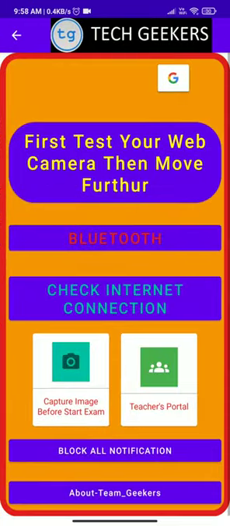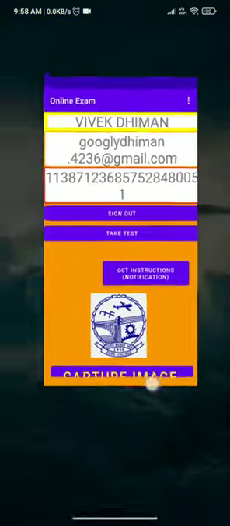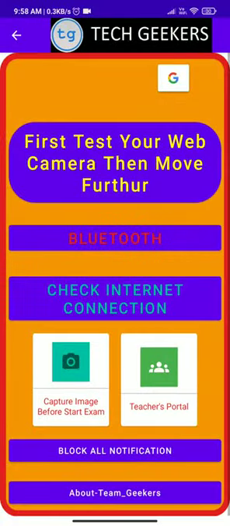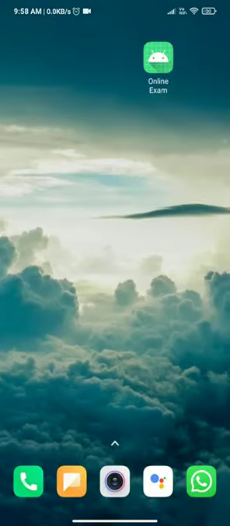As you can see here, I also added my logo, like Tech Geekers, at the top of the action bar, and I also added a back key here. When I press over here, I move toward the next activity. All right, now let us run my application again, and I click over here, then my application closes. That's all for today.